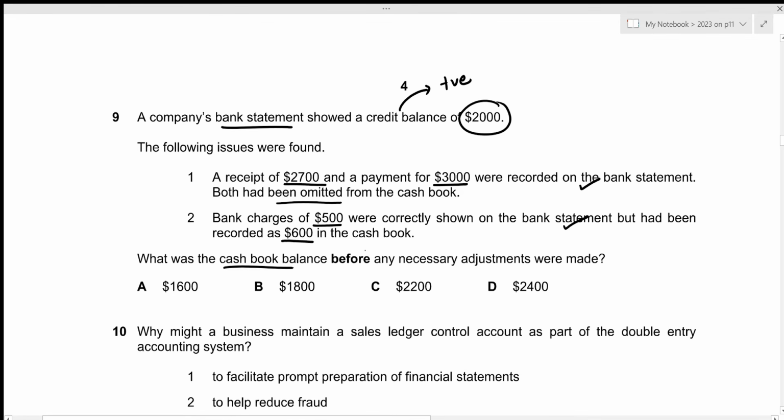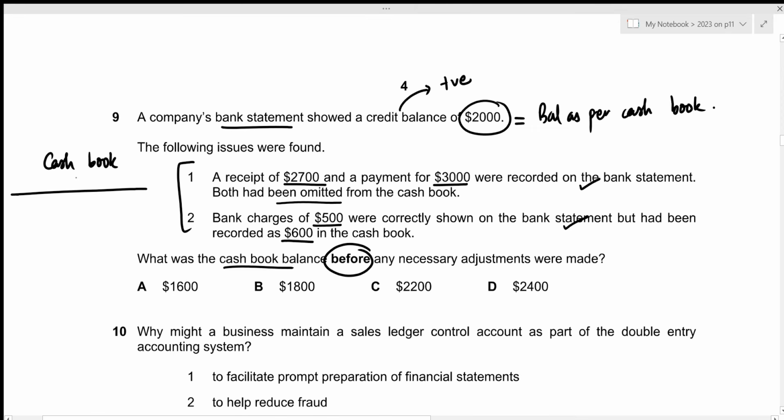Now, what was the cash book balance before any necessary adjustments were made? And remember, we first prepare our bank reconciliation accounts starting with the balance as per our bank statement, and we have to account for uncredited checks and outstanding deposits in order to get our balance as per the cash book, right? And that's the balance as per the cash book after making these adjustments. And in this case, we have not been given any information regarding our uncredited checks and outstanding deposits. So we can just assume that the balance as per our bank statement will be equal to the balance as per our cash book, and this will be the balance after making these adjustments. Okay, so we just have to prepare the cash book for this one.